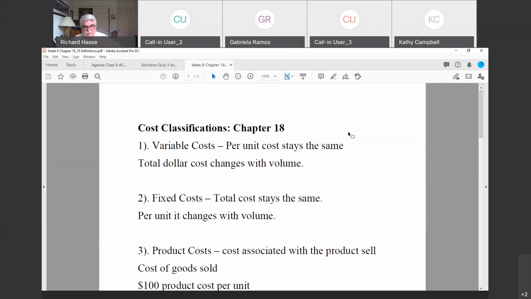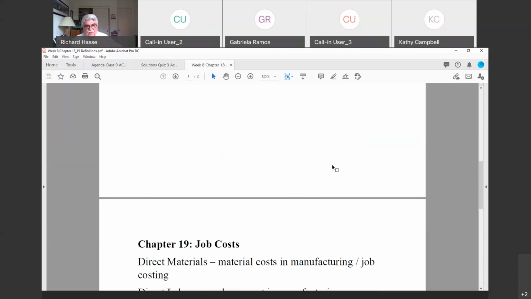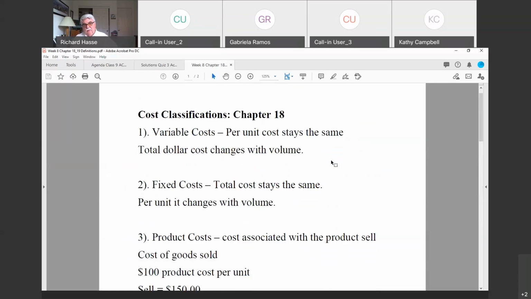It's cost classifications, chapter 18 and chapter 19. This is what we've been talking about the last couple of weeks, which has been a little bit different than the financial accounting aspects. In the prior weeks, we talked about cost of goods sold in relationship to inventory and selling product and what it cost us. We've been talking about operating expenses of a company. But now in the latter part of our class, the last couple of weeks, we've been talking about managerial accounting and ways of determining what it costs us to produce a product.